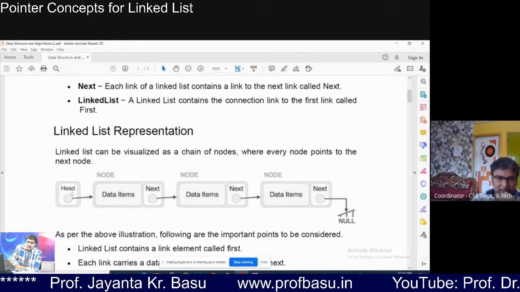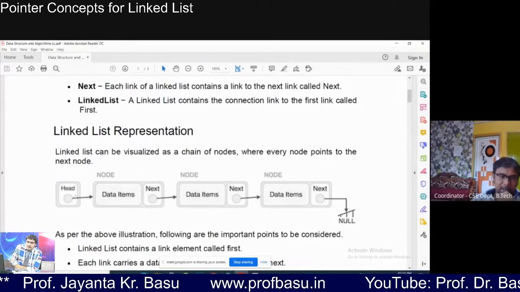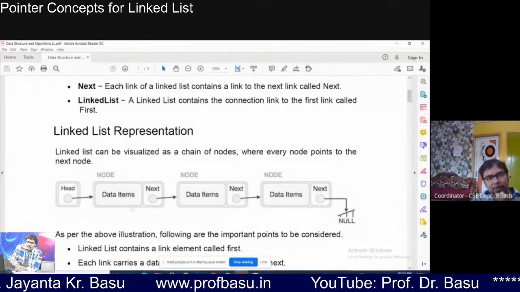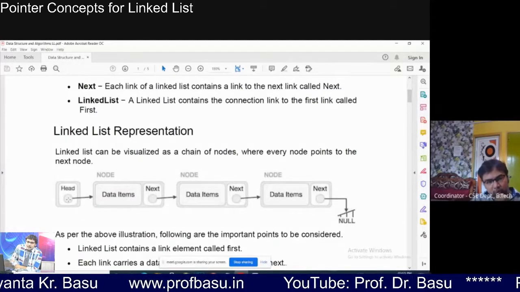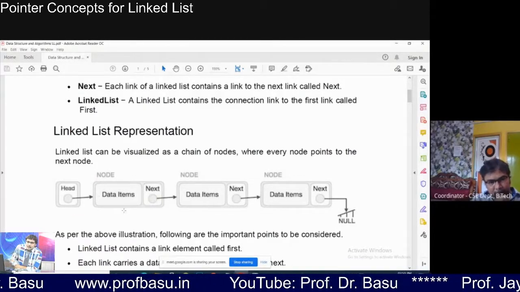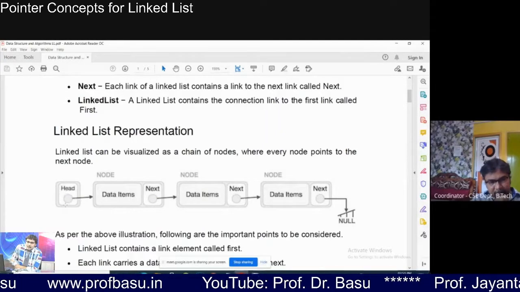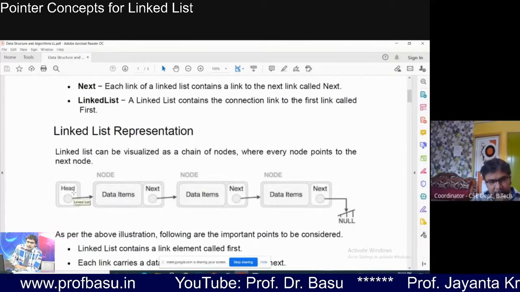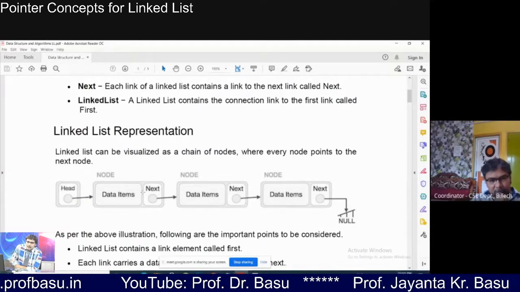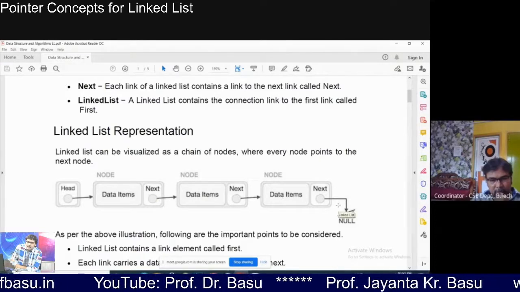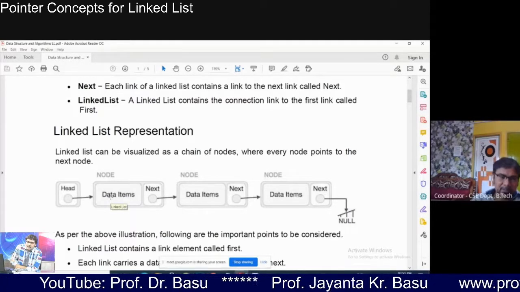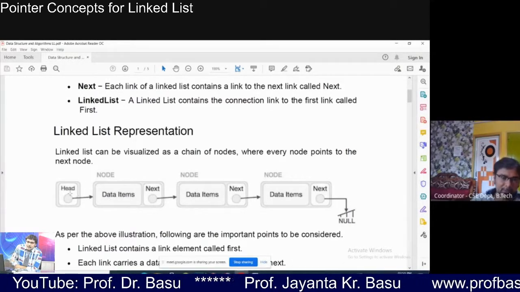I told you that head is not a node by itself. Head or root contains the address of the first node, called the root node. Here it is a node and here it is an address; it is not a complete node. So our root variable will contain the address of the first node. When there is no node in the list, before we create a list, the root will have the value null.